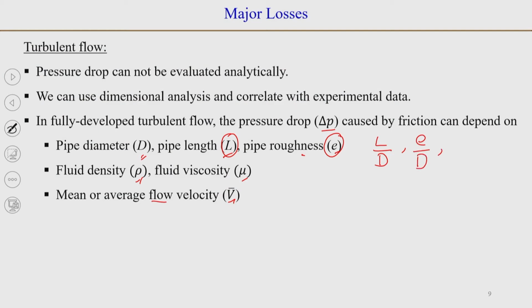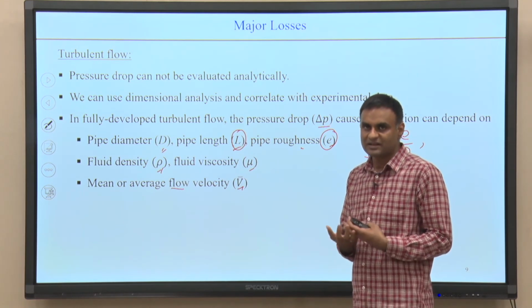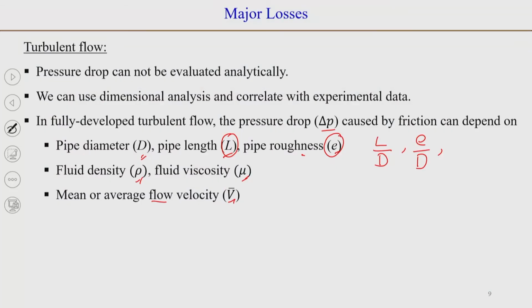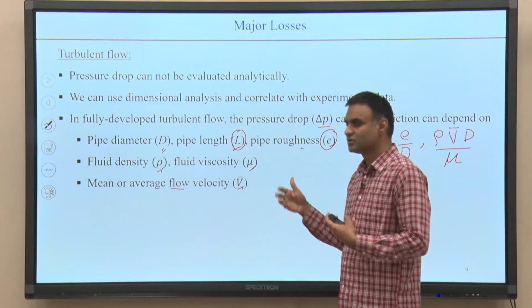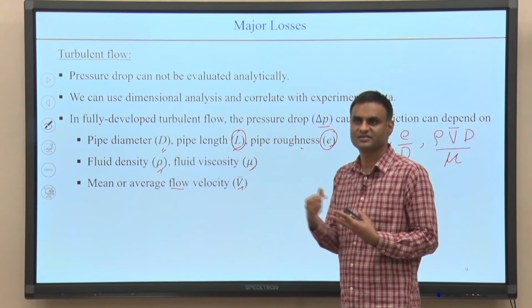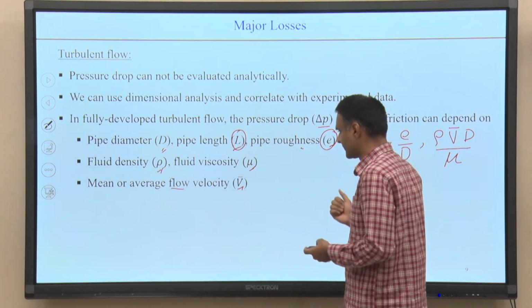Now, we have been doing dimensional analysis, and a very familiar dimensionless group we have is the Reynolds number. We can define it as rho V bar D by mu, or its reverse, depending on how you do it. If you do the Buckingham pi theorem analysis, then you will get mu times rho to the minus 1, V bar to the minus 1, D to the minus 1, but what we are looking at is a dimensionless group. It is 1 over Re or Re, it does not matter.